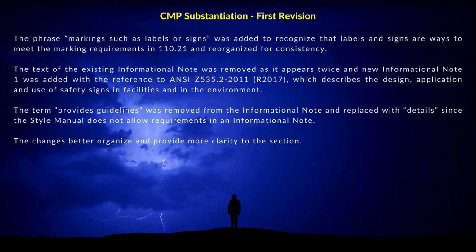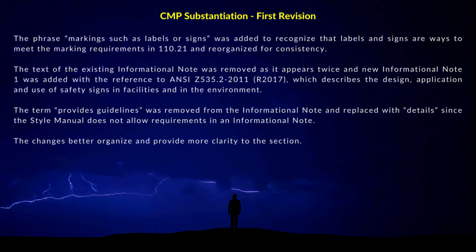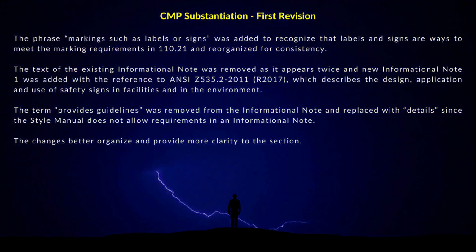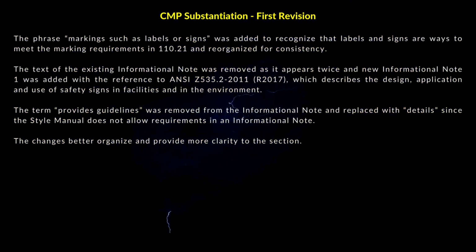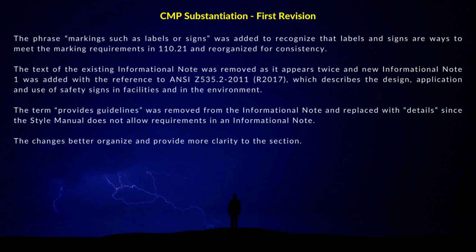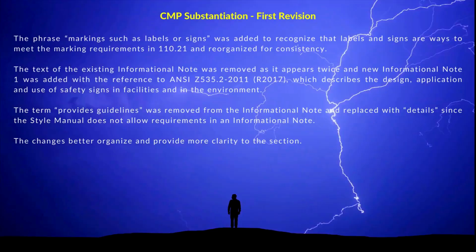The phrase, markings, such as labels or signs, was added to recognize that labels and signs are ways to meet the marking requirements in 110.21, and reorganized for consistency. The text of the existing informational note was removed, as it appears twice, and new Informational Note 1 was added, with the reference to ANSI Z535.2-2011 (R2017), which describes the design, application, and use of safety signs in facilities